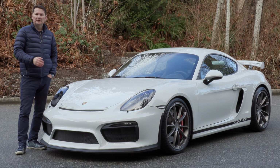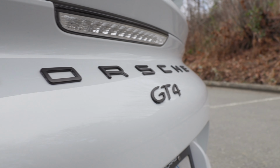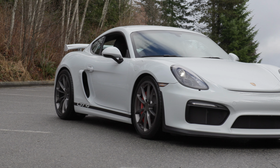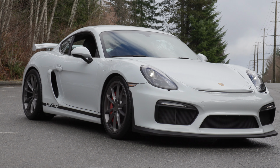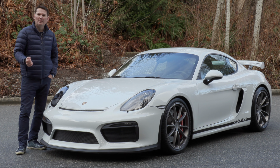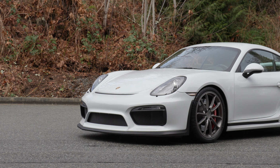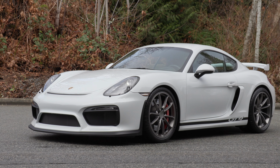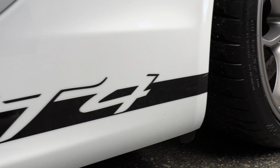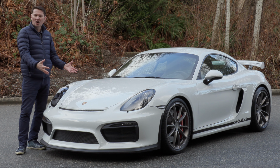What you're looking at here is the very first GT car from Porsche in the Cayman line. They had the Cayman R before this 2016 GT4 model, but that was really a Cayman in a lightweight exercise with lighter seats and wheels and so on, and really not much of a performance bump. This is the real GT car that came out in 2016 for just 1 year, and because it was only around for 1 year, and because the new GT4s, the price has gone up, the prices of these cars have